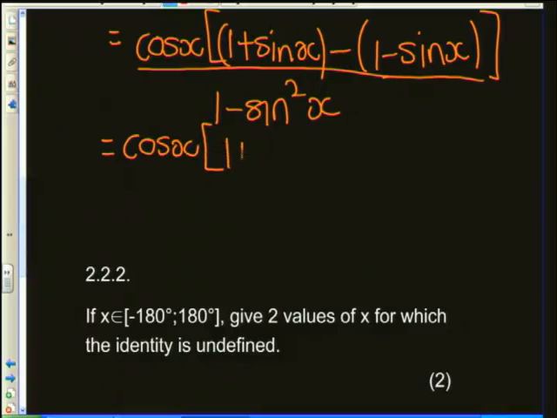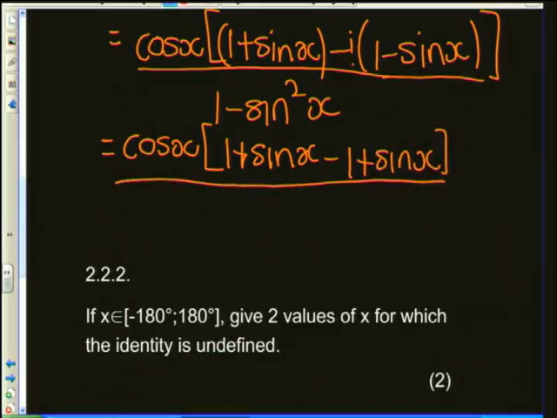It's 1 plus sine x, distribute a negative 1 in there, minus 1 plus sine x, close bracket, all over that famous identity again, cos squared x, right? Okay, I'm going to squeeze stuff in here. So this will be divided by one of these, which means I'll be left with cos x as my denominator,